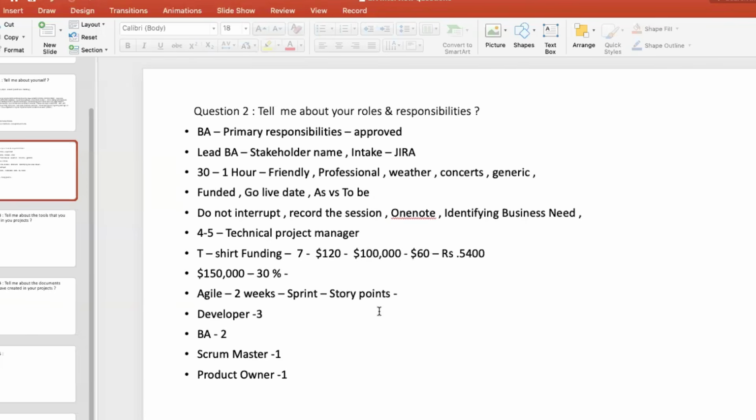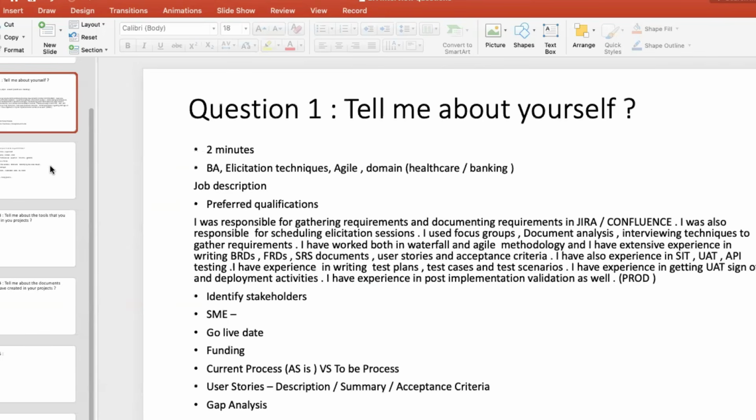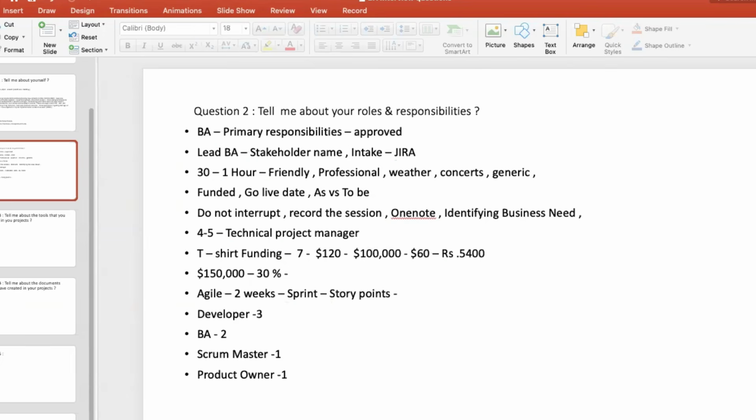I want to know how you identify the stakeholders, the ways to identify them. Usually you will have a list of names given by your project manager, or by someone who submitted your Jira intake request.